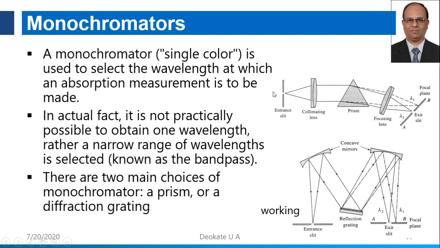See here, when the radiations are bombarded into the entrance slit, they will come inside the device. This collimating lens makes them parallel. Here also, this collimating mirror makes them parallel. Then they fall onto this diffracting device where the diffraction of radiation takes place. For the sake of understanding, I have taken the diffraction into two wavelengths only, lambda 1 and lambda 2. Now when this radiation passes to the focusing lens or focusing mirror, it will get focused to the exit slit.